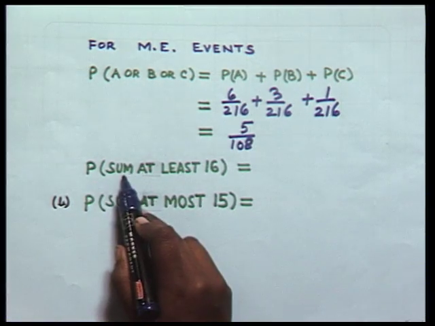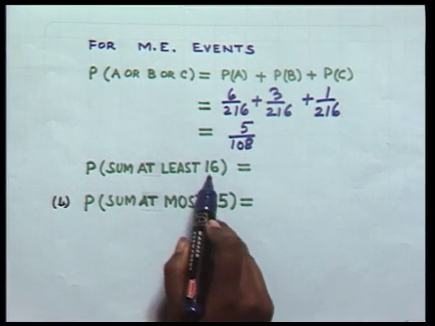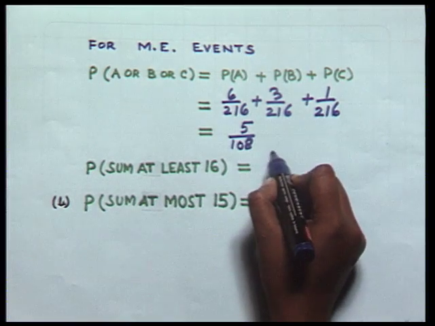Therefore, probability of the sum at least 16, we got it as 5 upon